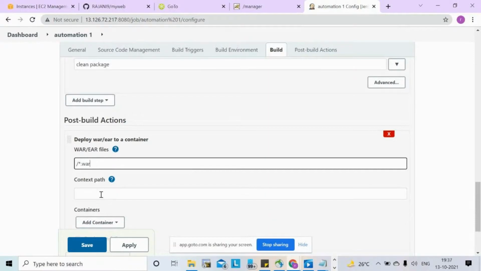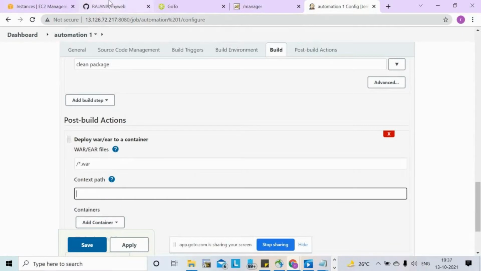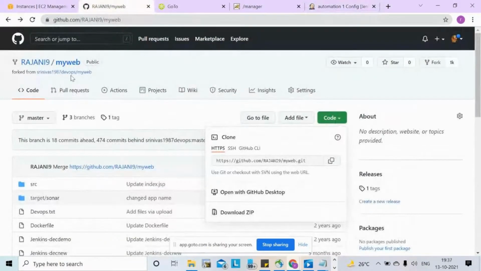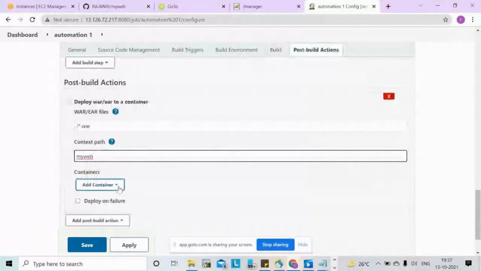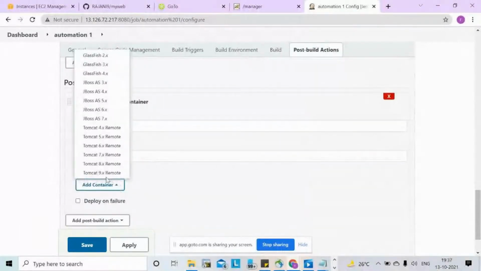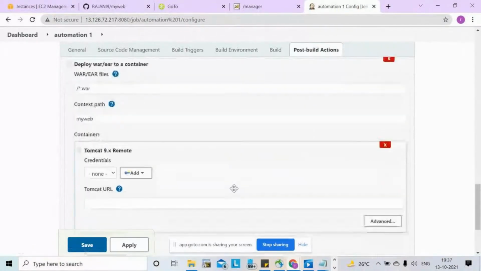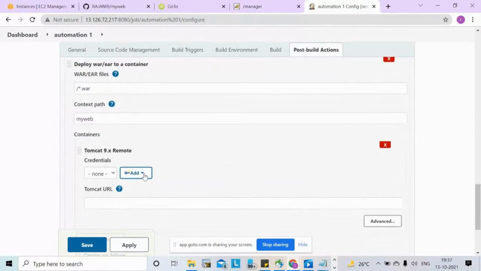So what is my path? What is the name of that? My web. I'll give here my web. So what container did I call? I called Tomcat 9, right? So I need to give credentials of the Tomcat.